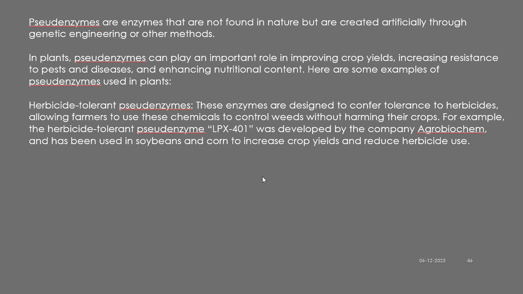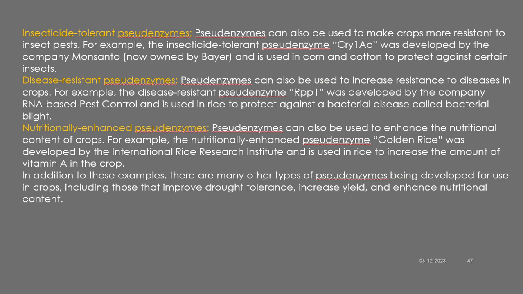Now another example is insect tolerance pseudoenzymes, you can say chemicals. Disease resistant pseudoenzymes, you can say disease resistant chemicals. Nutritionally enhanced pseudoenzymes. So pseudoenzymes can be used to make a crop more resistant to insect pests. You have Bt toxins, which were developed by Monsanto, and in Gujarat, for example, they reached a great production of Bt cotton to protect against